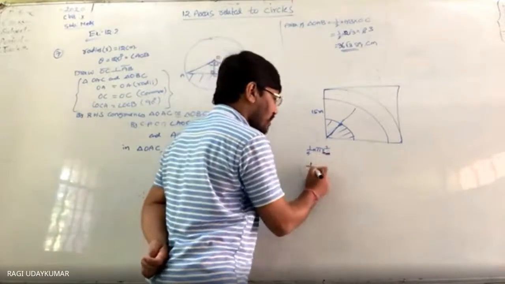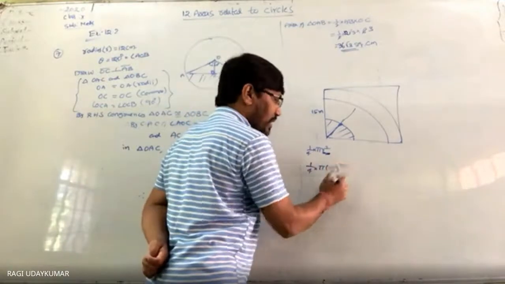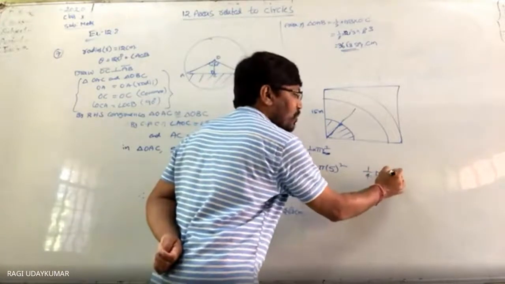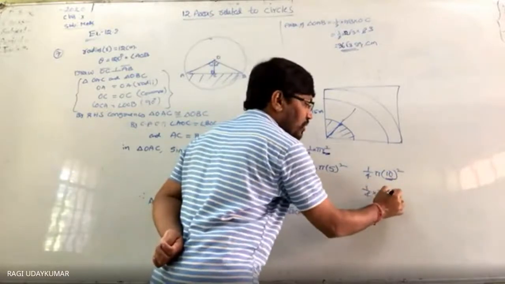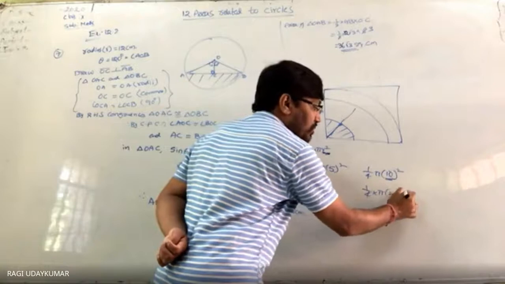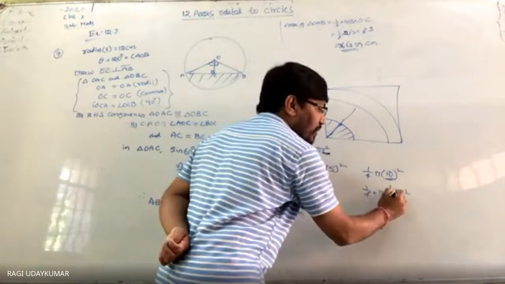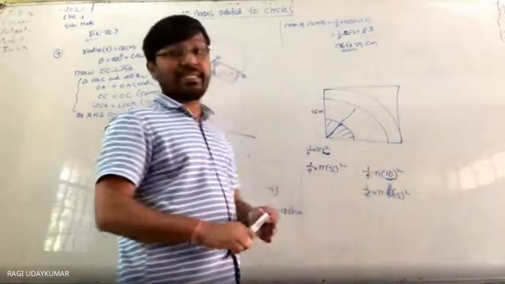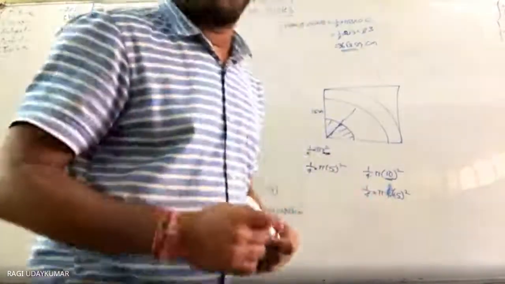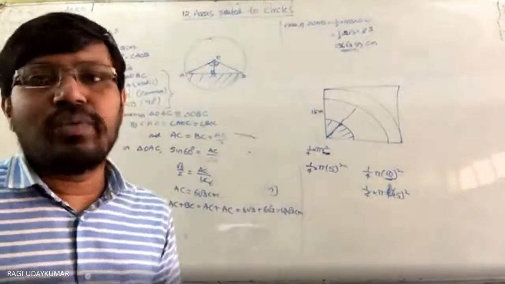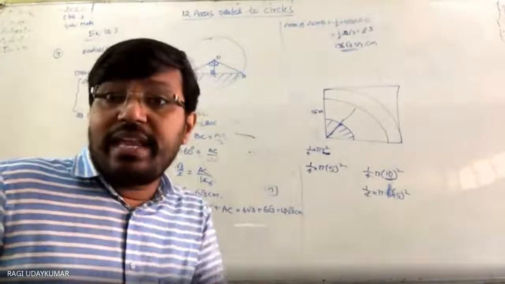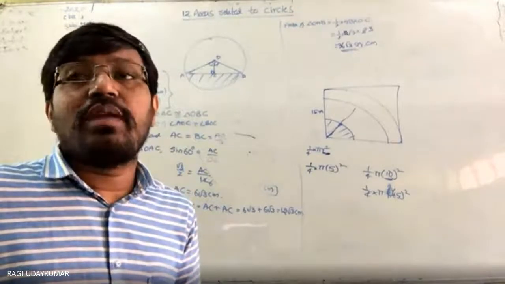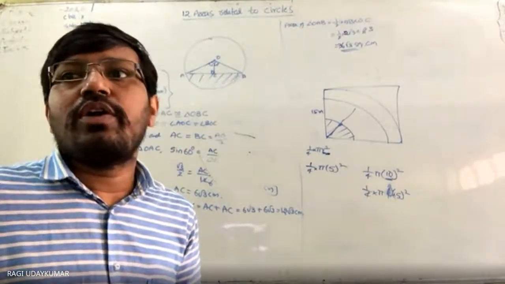Because here the area you get is with 5 square. Then if you take 1 by 4 into pi into 10 square, this 10 square can be written as 1 by 4 into pi into 2 into 5, whole square. So 2 square into 5 square. So you are going to get 4 times, because radius square is there. You will not get twice. Okay, sir. So it is not directly double. Since the radius is doubled, in the area formula you have the square. So in that situation, what are you going to get?